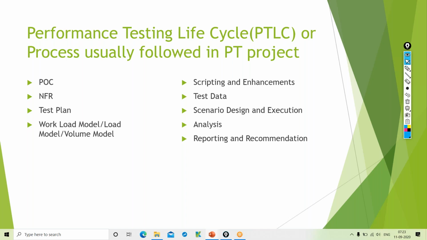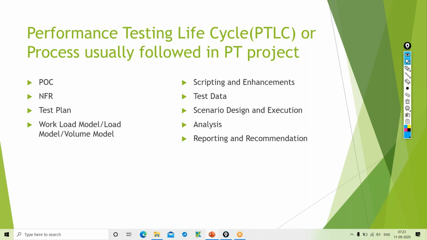So based on the POC done by you, the client will understand which tool he has to buy, or which tool he has to go with, right? So that is why we do POC. I'm sure if you are an experienced person in functional testing or automation or anything, you might have heard about this POC, and you might have personally worked on this POC task.